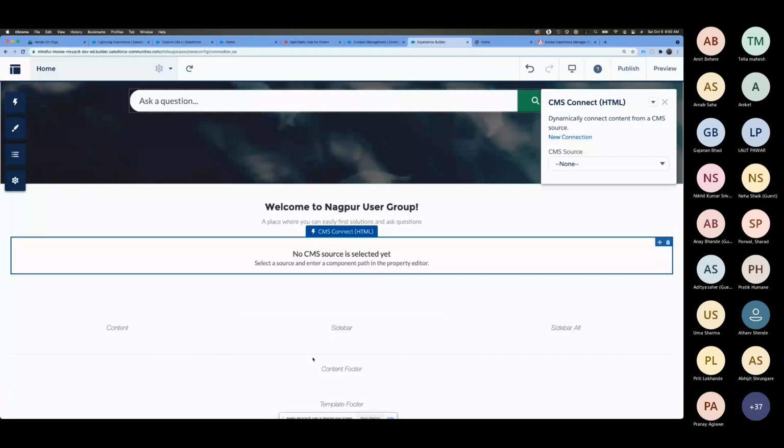LWR is a preference because it's new and there are many things you can do, like spacing and alignment in a different way, and all those are your base components. At the end, LWR will not show in the UI. It's how you create a structure, and later you drag and drop standard or custom components.